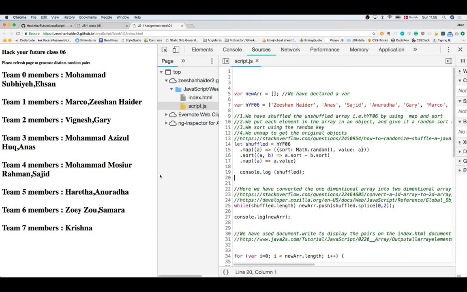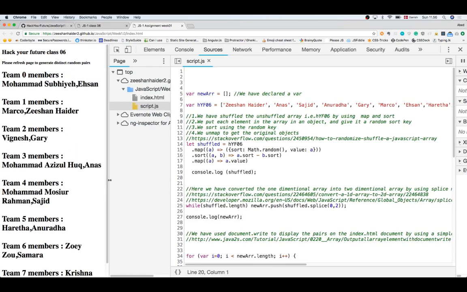New array. Yeah. So how are you getting sure that they don't match? I mean, that you don't have the same pairs. You can see, because after it has been shuffled, the main magic is done by the splice method. It is pushing the pairs. Every time the first array has been shuffled, then it is pushing. So it's a dynamic kind of push. Every time it's shuffled, a new array is being pushed into the variable, which has been assigned as a global.